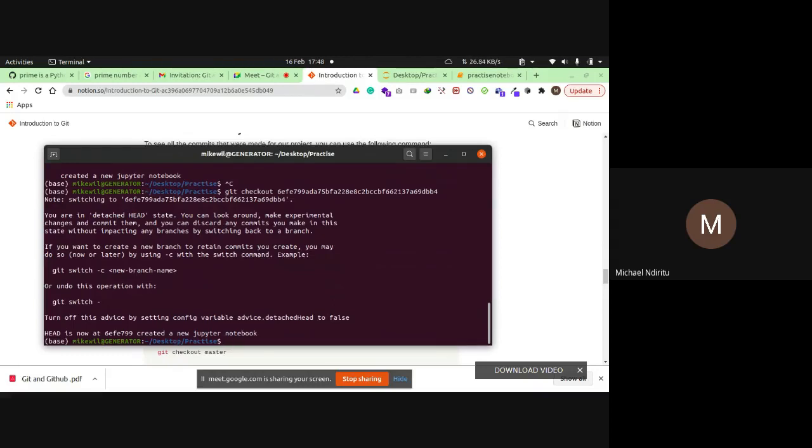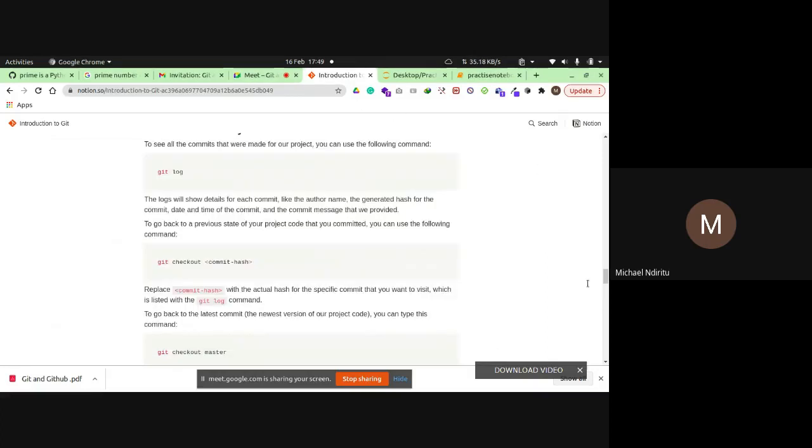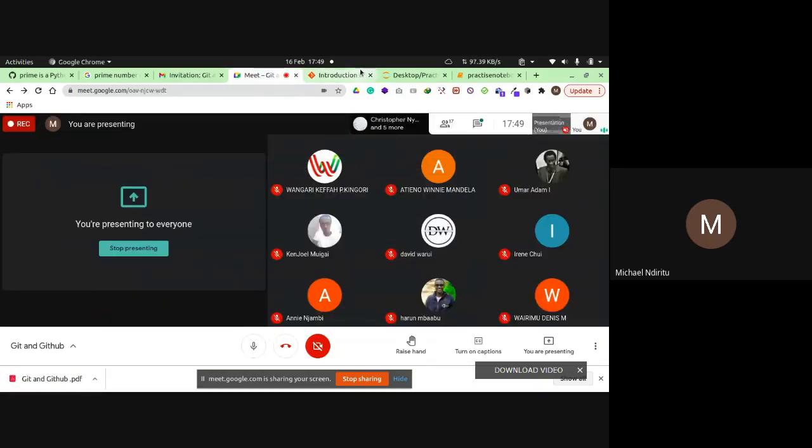You see what it's going to say? It's going to remove the changes that I made, and it's going to go back to my last commit, the first one that I did. That's very handy in case you commit something wrong, like if you commit something and you notice later that it's a mistake.